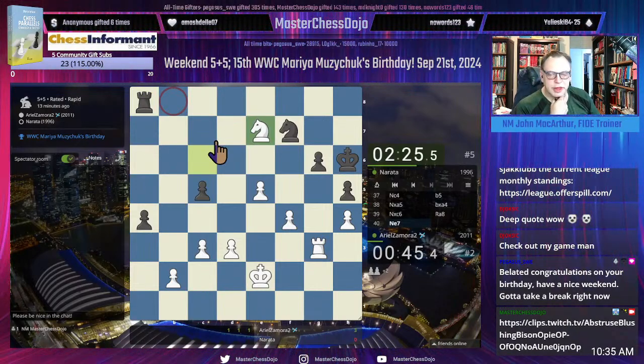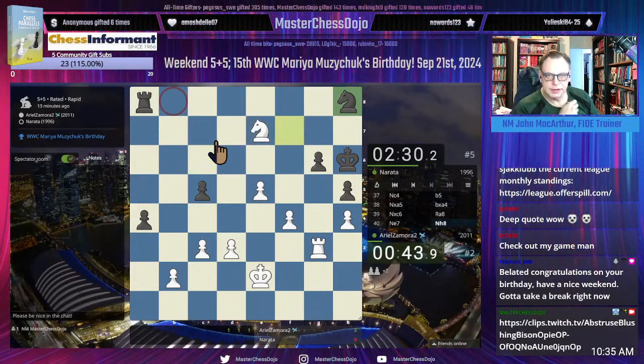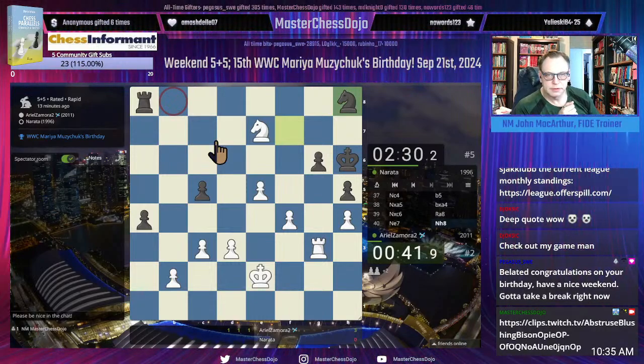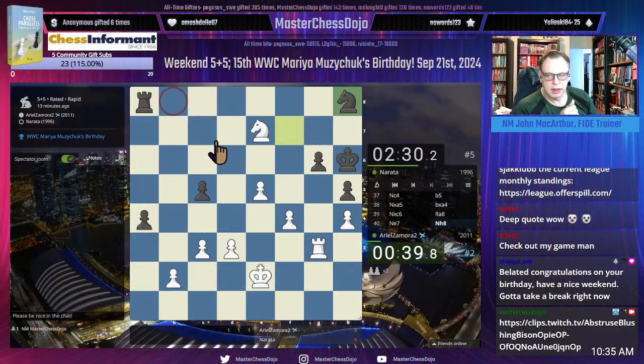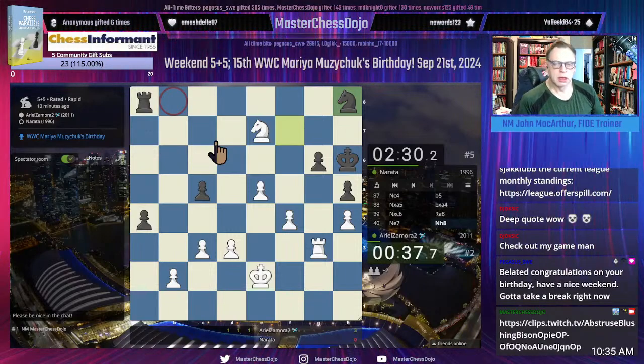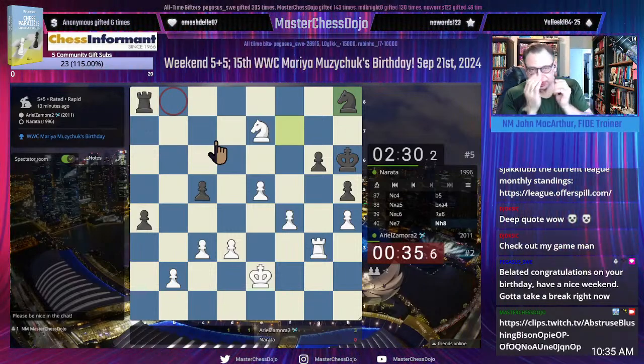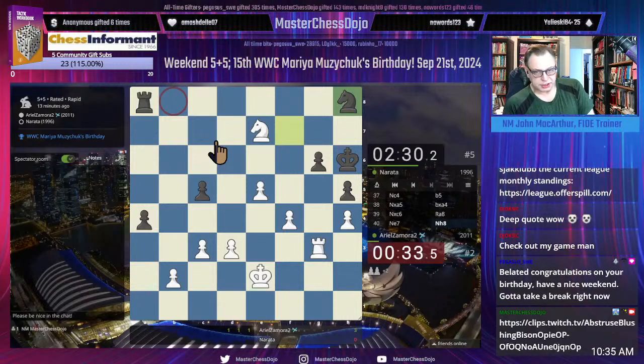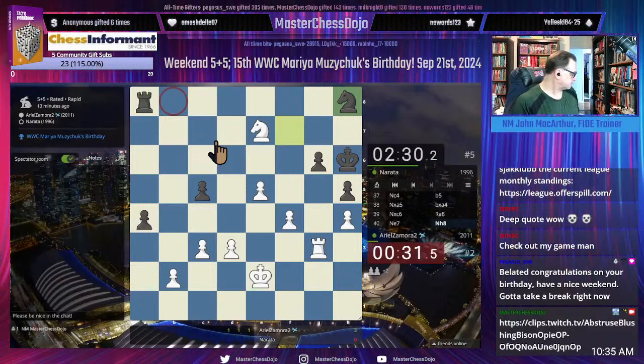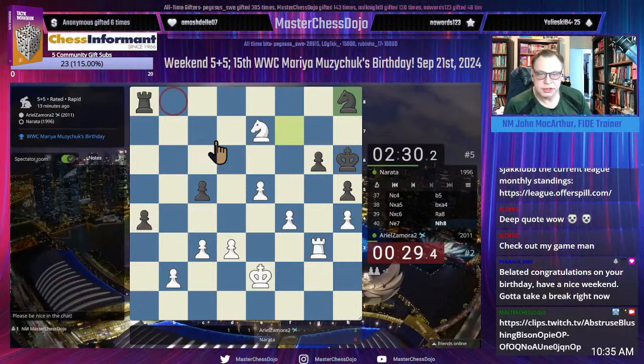I don't know if I would have let that pawn on b2 go like that, because we're not stopping what's going on here. f5. We're not stopping what's going on here at all.